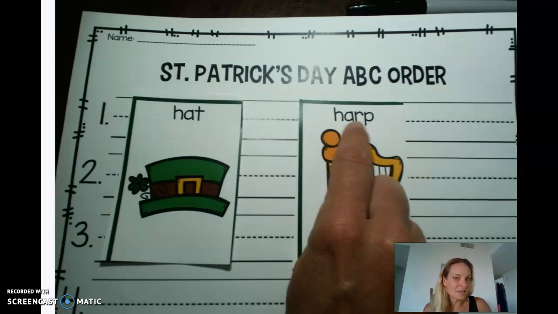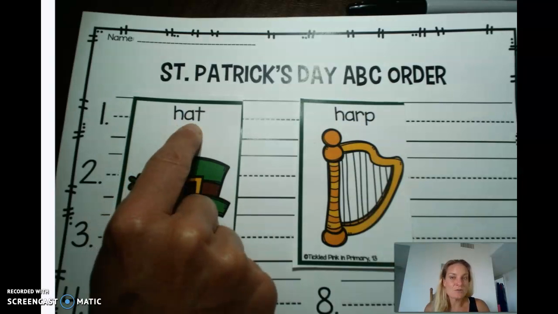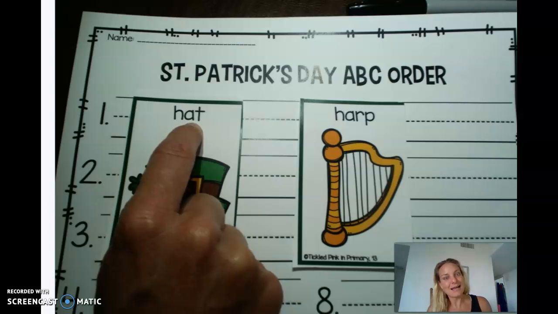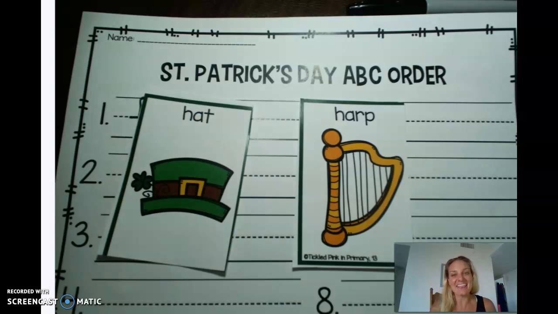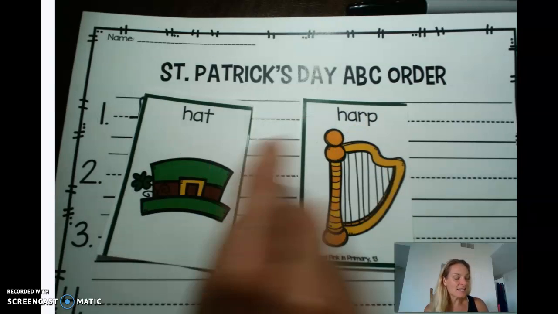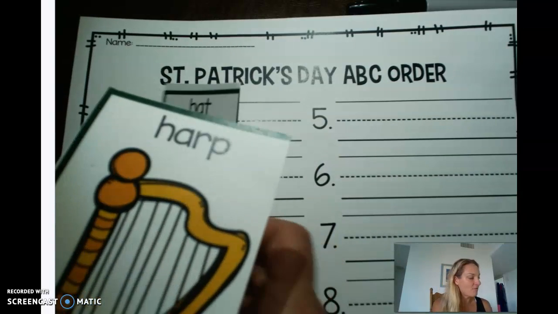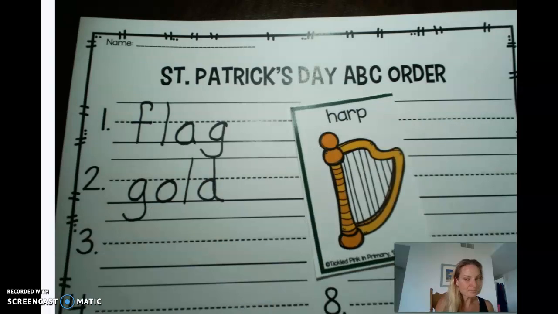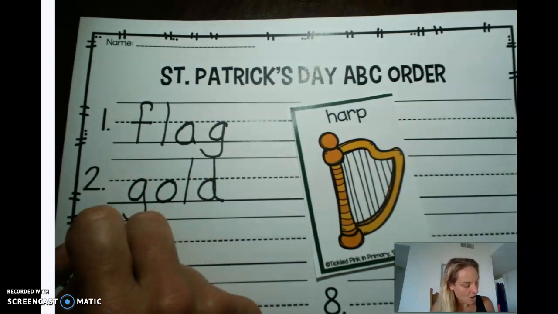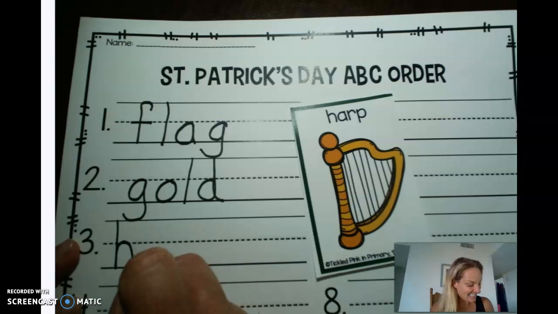Now, even though this has more letters, the R comes before the T when you say the alphabet. A, B, C, D, E, F, G, H, I, J, K, L, M, N, O, P, Q, R, S, T. So this is going to be my next word on my alphabetical paper. So I'm going to write harp, my H starting from the top, and